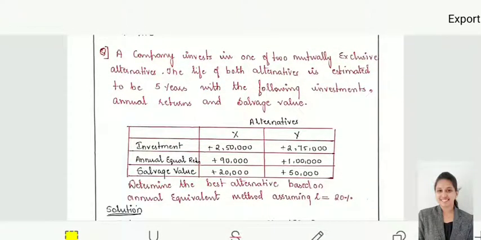So what they have given here, it is same. Usually in the exam they will give you the question, and if they don't mention by which method you have to use, if they just ask you which is the best, you can use either the present worth or the annual equivalent, or sometimes they mention the particular method you have to use. That means the previous two examples we have done, you can also use the same two problems to compare with the annual equivalent method. We will see how exactly to do it.